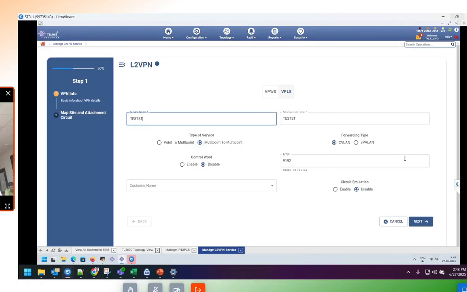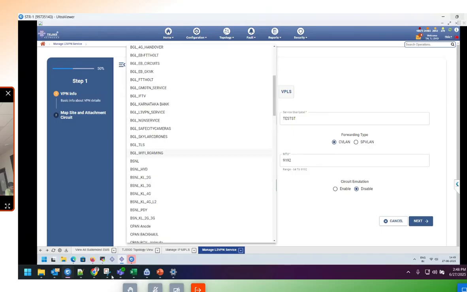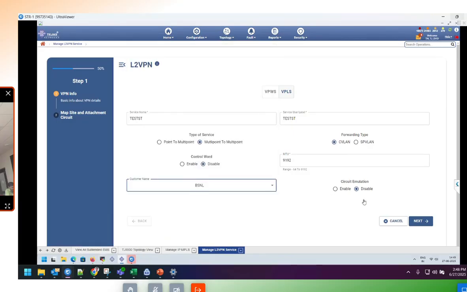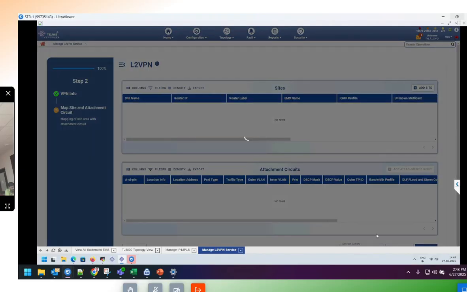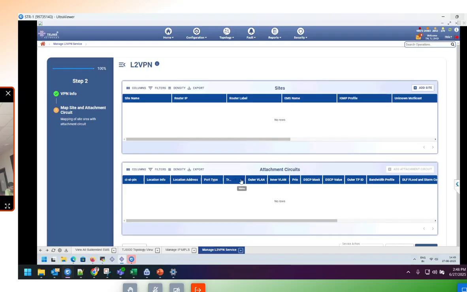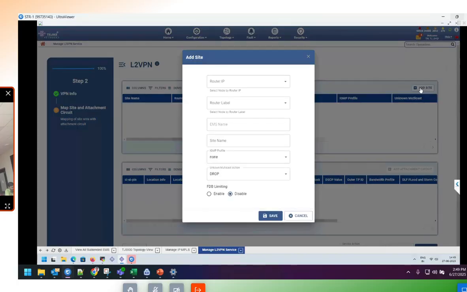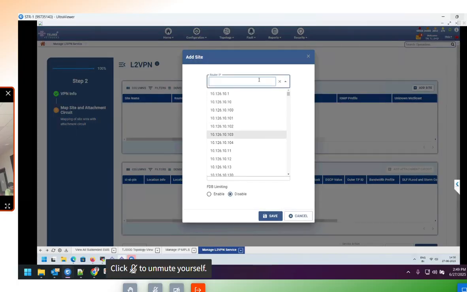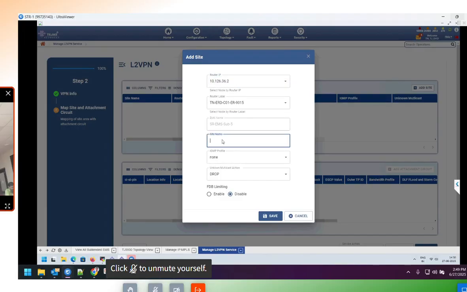things. Okay, and here the forwarding is a CVLAN, and I'm creating it as per the standard. As per the information, just L2 VPN VPLS service, and next. Yes, sir. We have some nomenclature, so we have to follow the nomenclature, and then we have to add a site, any one of the sites, and the site name,